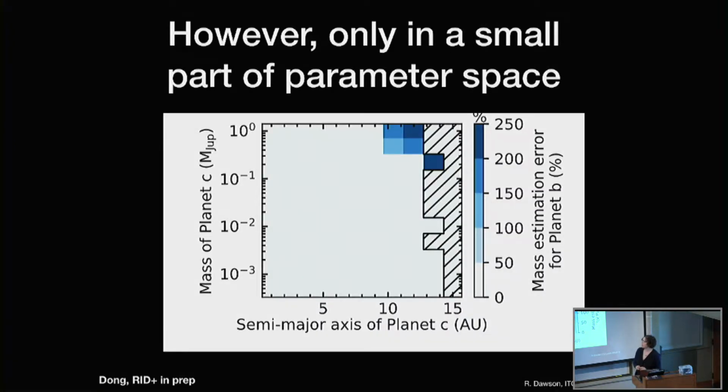So this is a contour of the mass of planet C versus the semi-major axis of planet C for a particular planet B. And the blue shows how much our mass estimate of planet B, which is the detected planet, would be off. You can see there's only blue in a little small region of the plot where the undetected planet is pretty massive and near to the one that we detect. If the planet's further away or lower mass, then it's really the detected planet that's going to be dominating the gap. So we can be fairly confident that we haven't messed up its mass unless we got very unlucky.